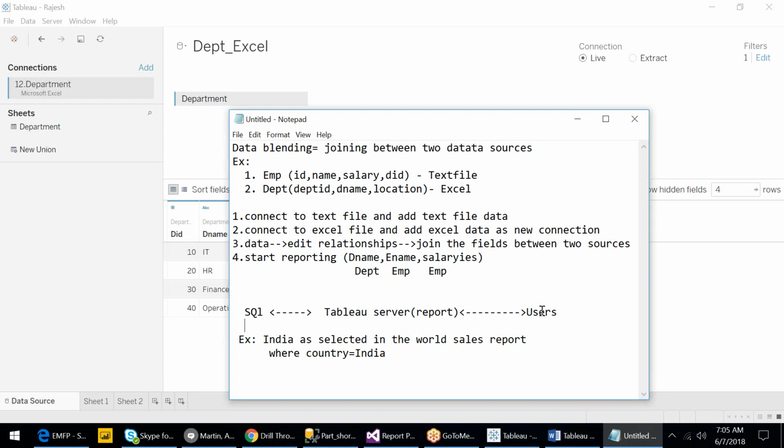So why is this happening? Why do we need to bear it? Because we want real-time data as a result. Every time we need real-time data. For that purpose, we are connected live. In case the user says, okay, I can wait for 4 hours or a day for a data lag, I don't mind, then we can use the extract option to improve the speed. Okay, extract means